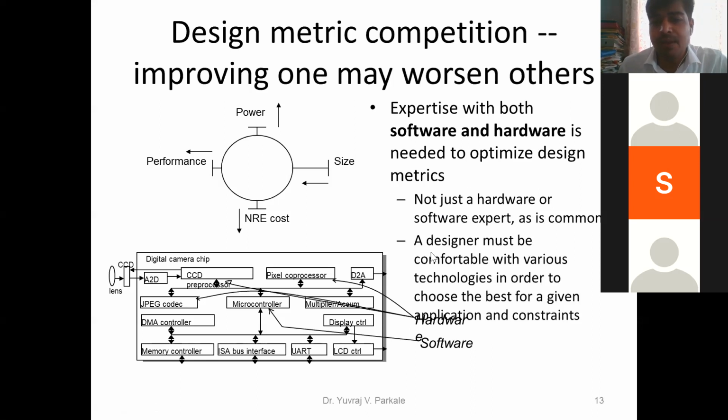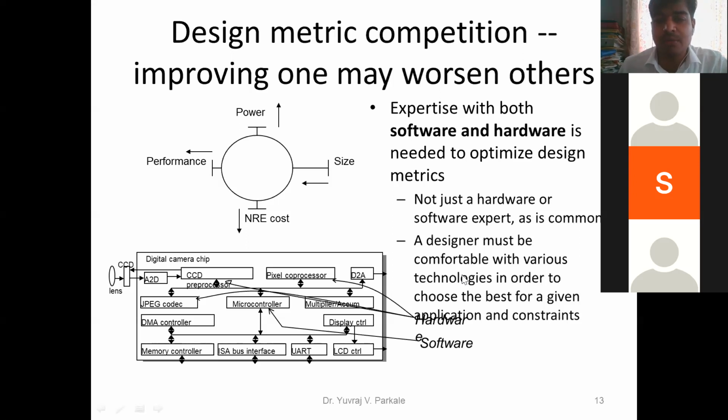That means the designer must have knowledge of all the platforms like 8051, PIC, ARM7, ARM9, then Arduino, then Raspberry Pi. All these platforms should be known by the designer, and out of that, he has to select one platform depending upon the design metrics. Only then is he able to optimize all the design metrics.